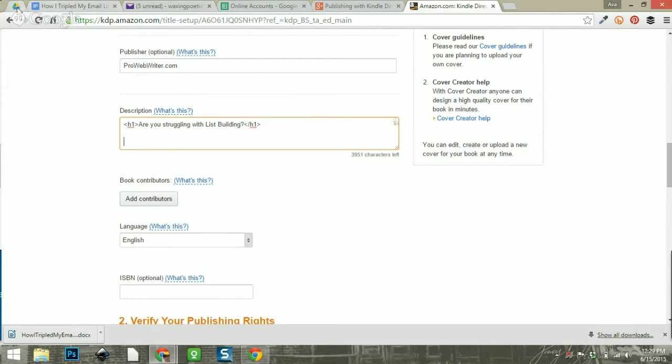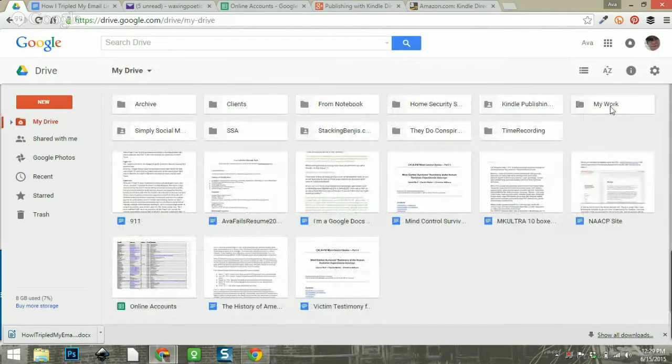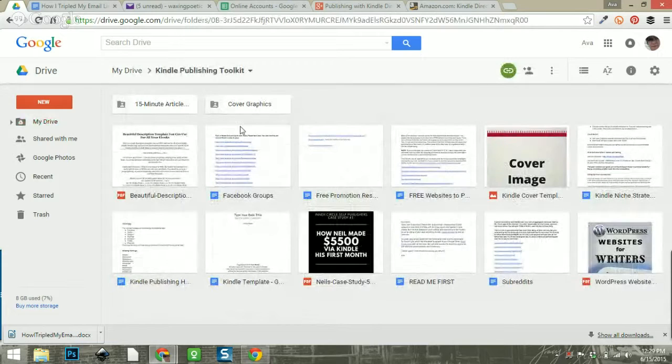And let's write here. I've got my Kindle Publishing Toolkit, which is just a folder on my Google Drive, which I'm obsessed with. This folder is actually available to my email list subscribers. You just need to go to my website, ProWebWriter.com, put in your email, and you'll opt in to be a part of this folder. What I have in here that I'm getting ready to use right now, because yes, I do use my own things in my own folder, is